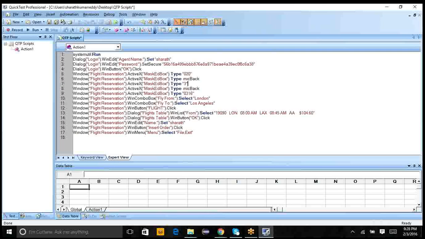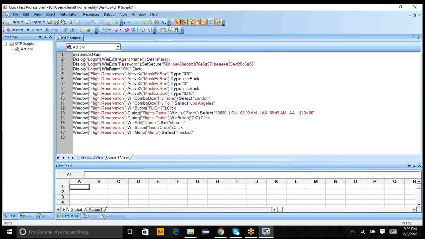Even with UFT, sometimes it may identify, sometimes it may not. So I would suggest, if the first step is not recorded, we can use a manual step to run the test script. Don't worry guys, when I'm explaining UFT, Unified Functional Testing tool, I'll show you how exactly it will change, and how we can record the session in an app environment as well.